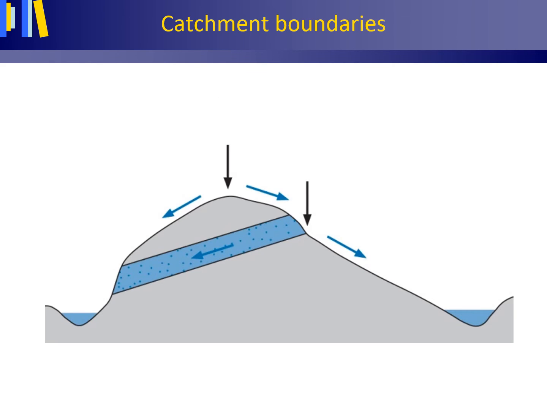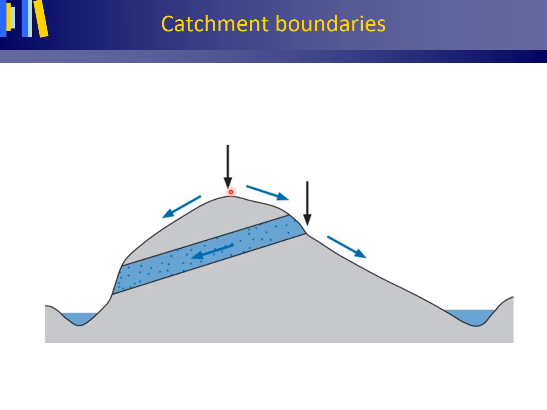This picture shows us two catchments in cross-section view, a catchment to the left and a catchment to the right. Usually your topographic boundary also gives you your catchment boundary, but as you can see depicted in this picture, there is a permeable layer in the subsurface, so rainfall falling on this area, or water moving from upslope, can enter into this permeable layer and is discharged into your left catchment, meaning that your catchment boundary is situated here rather than at the topographic boundary.